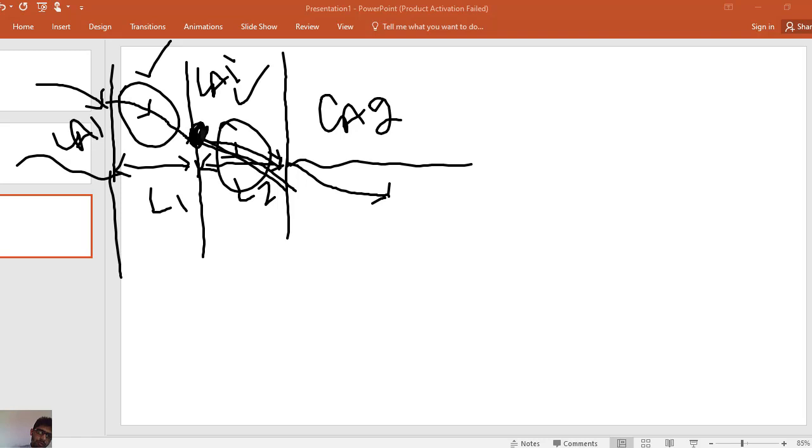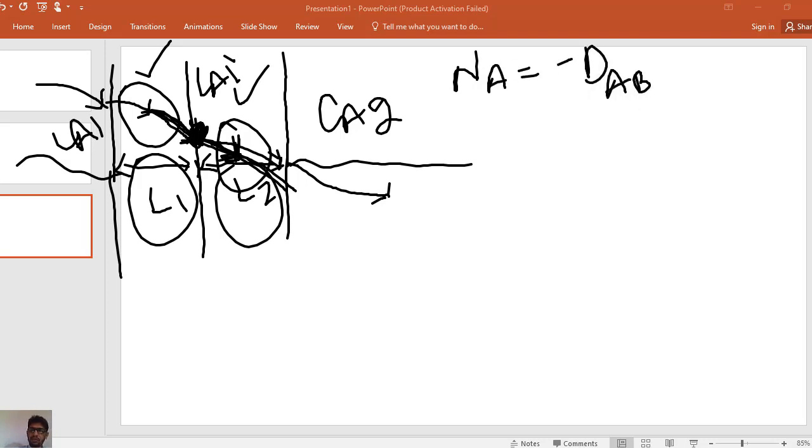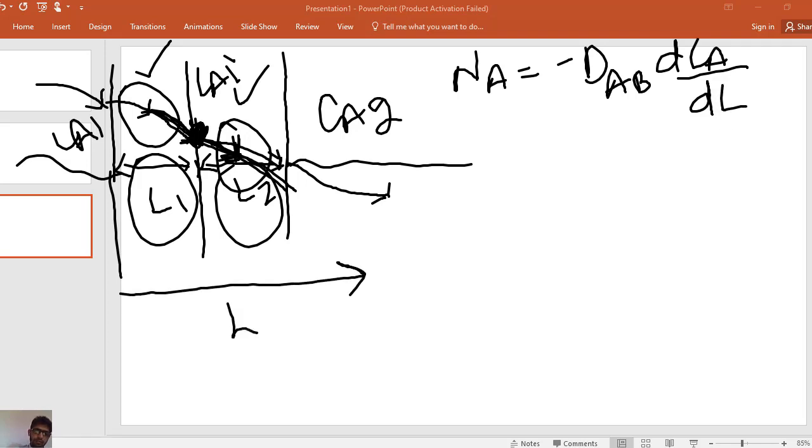At this position, there is no accumulation of component A. So, input of component A will be equal to output of component A to the liquid. So, input to the interface is equal to output from the interface. So, input is equal to output at the interface. So, in this region, we will use Fick's law. In this region, we will also use Fick's first law. So, we know from Fick's law that NA is equal to minus diffusivity of component A in component B, times the change in the concentration of A along the L direction. Suppose this is the L direction. So, for the stationary gas layer region,